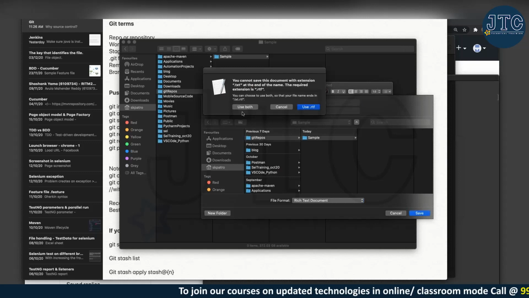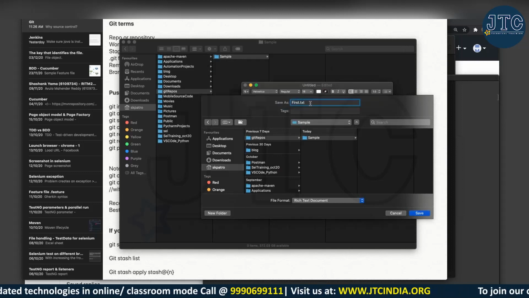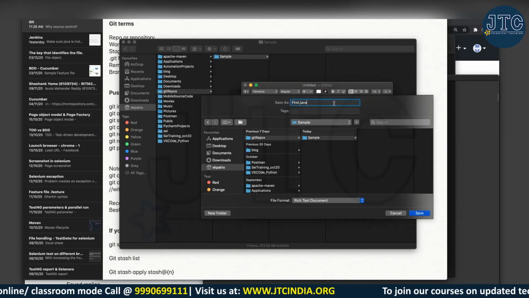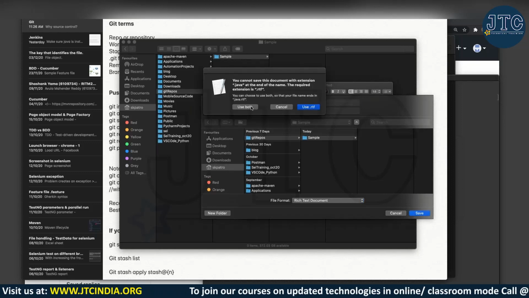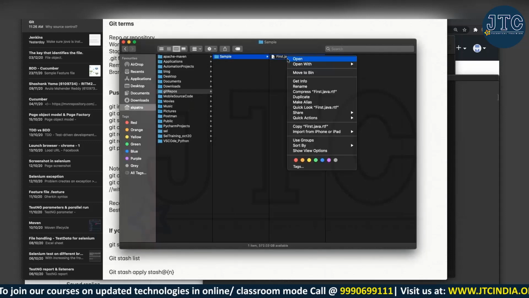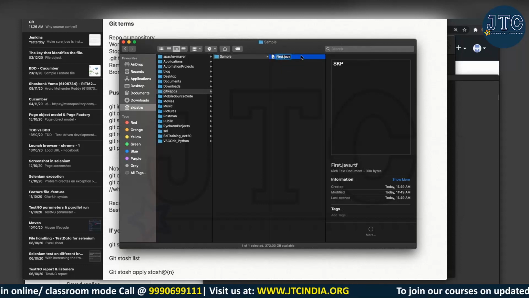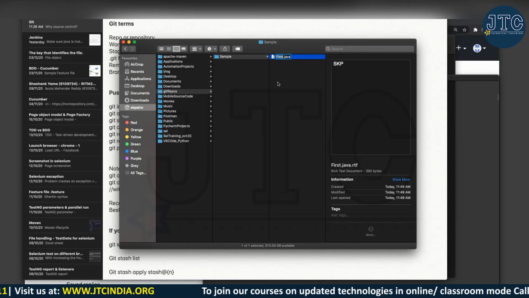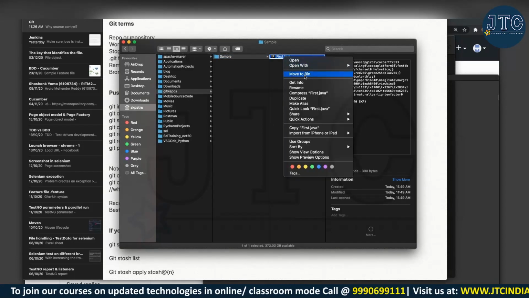Actually, let me keep this better: I will make it a Java file. First dot Java. Oops, why is it giving this? Just give me a moment. Okay, so I have this first dot Java.